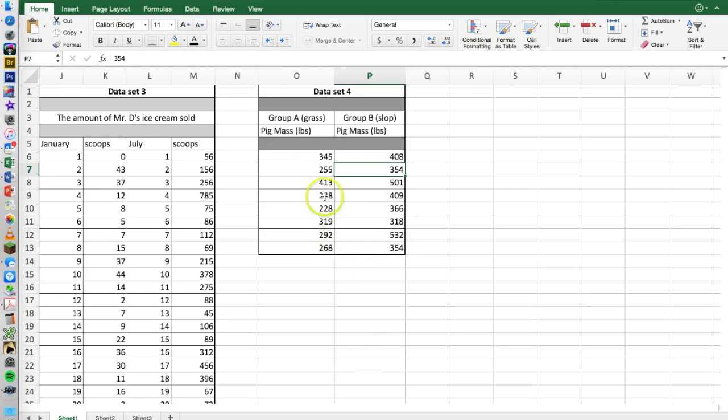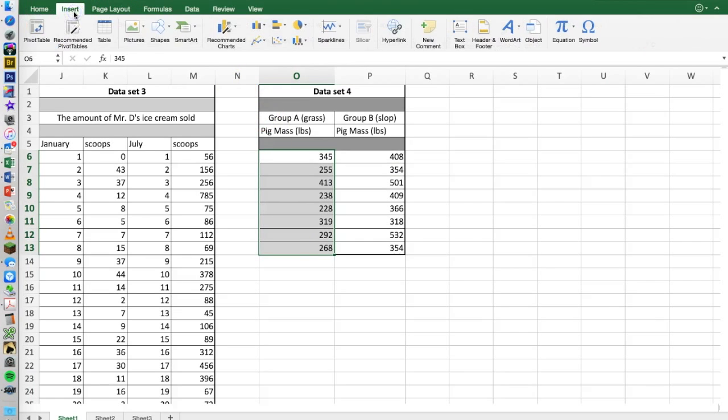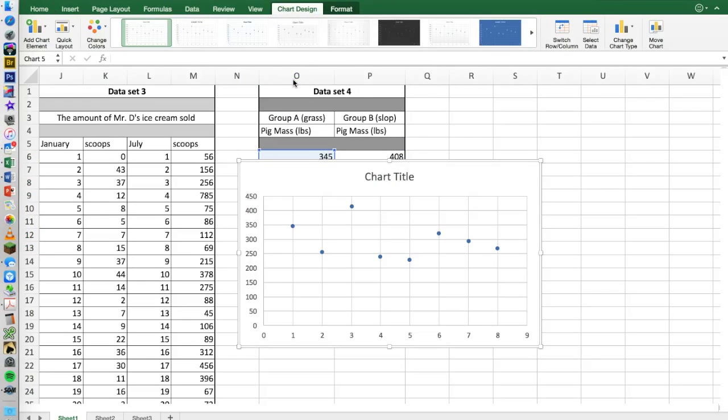So you might think, okay, let's graph it the same way we graphed dataset 3, from the previous video, Mr. D's ice cream. If we did that, let's collect all this data, then go up to Insert, go to Scatter, and this is what it would look like. Now, here's the thing when you do a scatter plot that doesn't have a clear X set